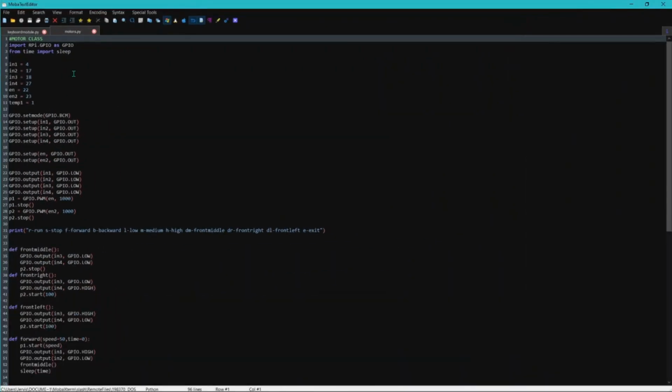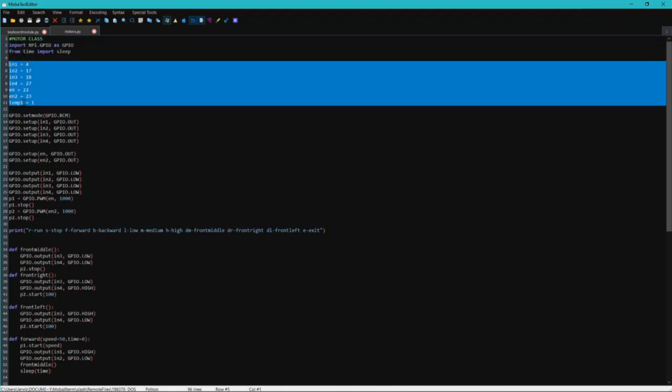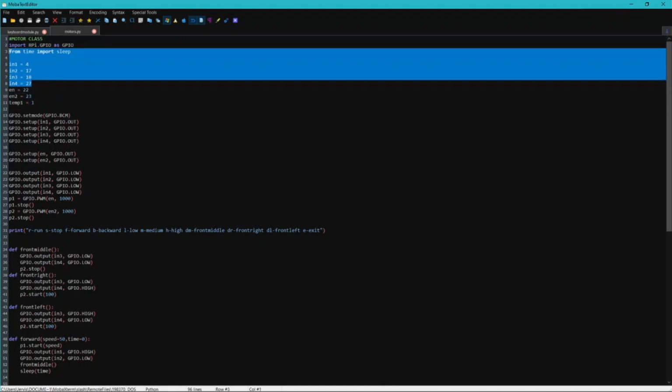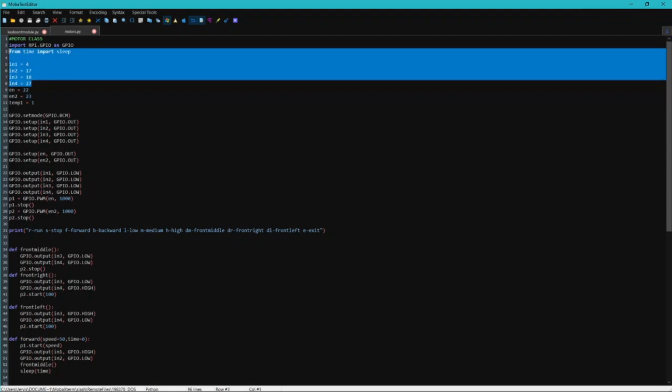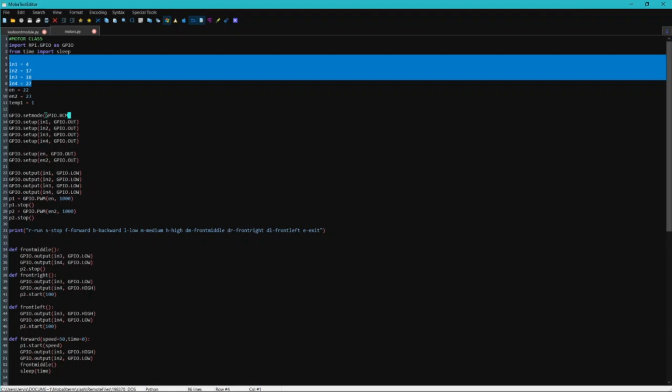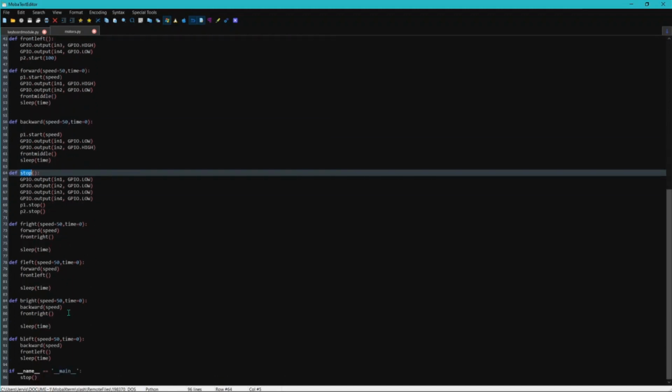Let me show you. In motors.py, I have used the RPi.GPIO library, and to connect the motor driver module we have 4 pins for IN1, IN2, IN3, IN4 and 2 pins for enabling the input channels. If you have used this motor driver module before, you might be aware of this kind of programming. Then we have functions such as forward, front middle, front right, front left, backward, stop, etc. You can check out these functions.